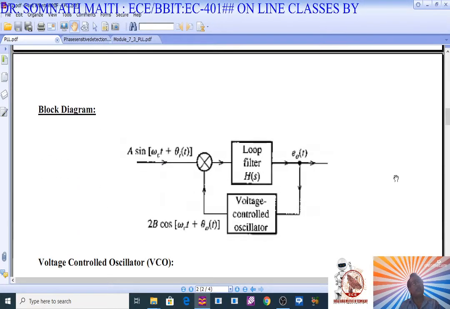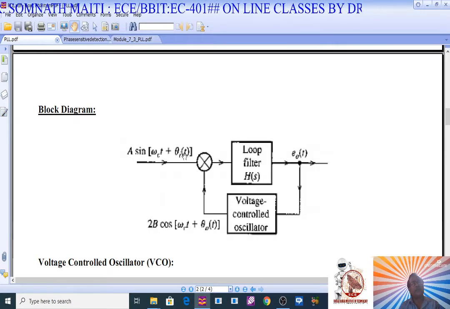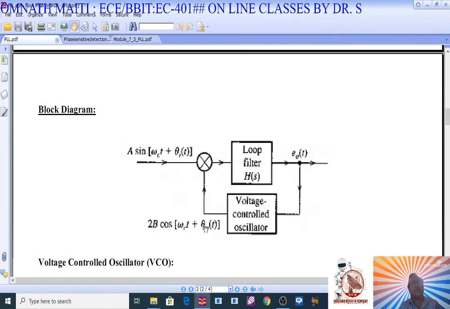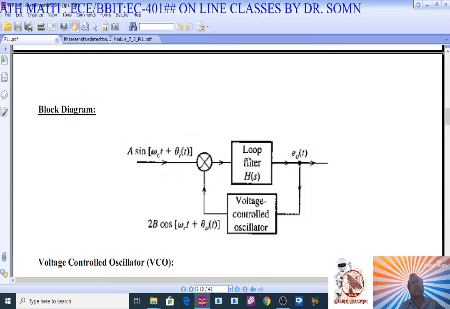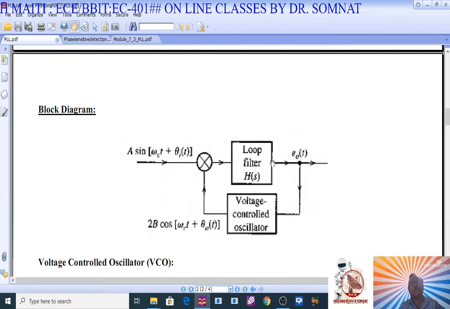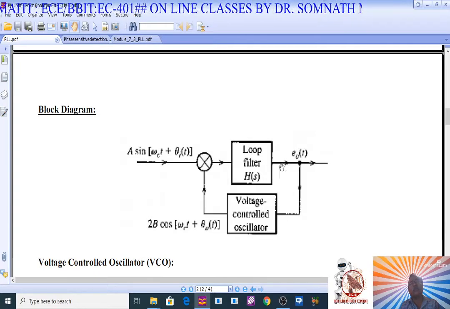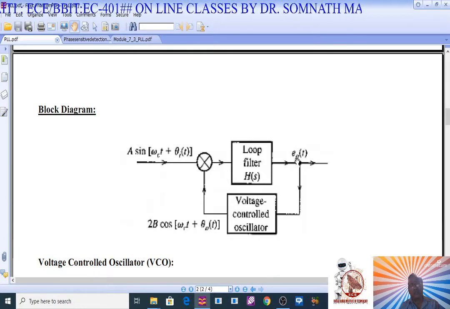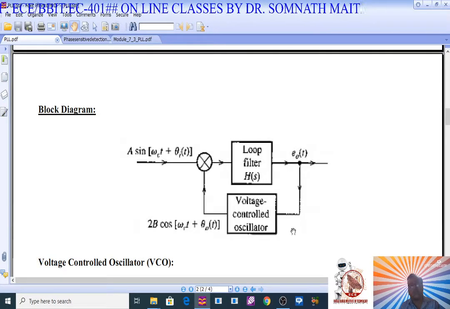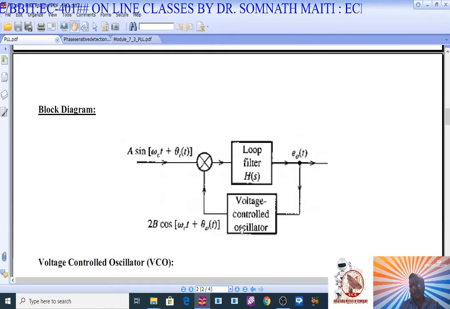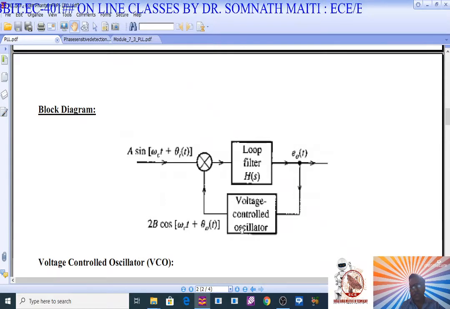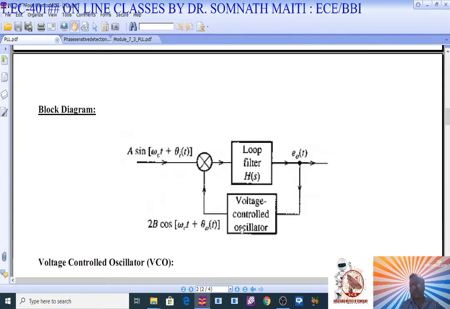So this is the block diagram. This is the incoming signal. This is the multiplier or balance modulator or mixer, then the loop filter. The output of the loop filter is a control signal, a slowly varying DC e0(t), which in turn is controlling the voltage control oscillator. So in order to understand this thing,